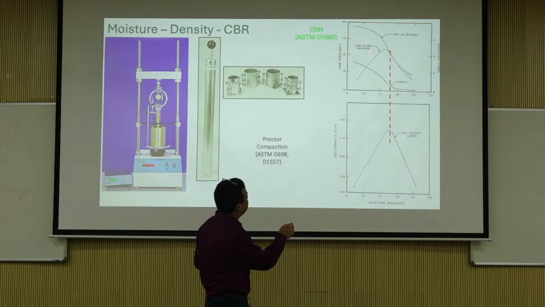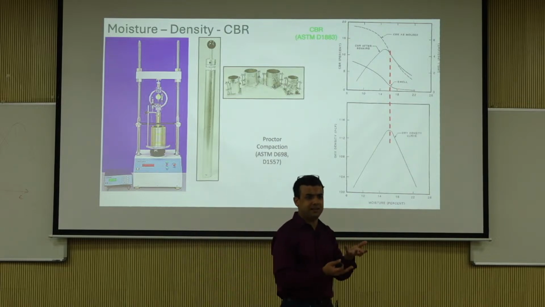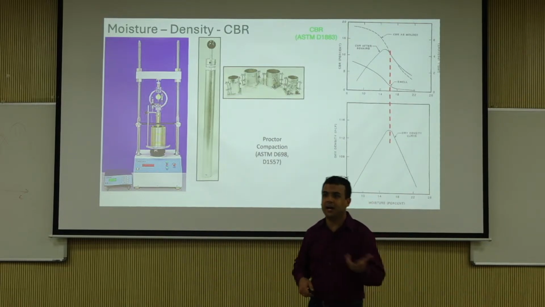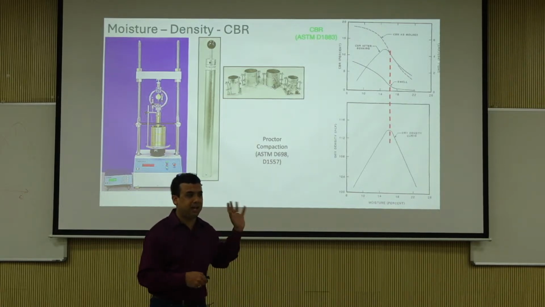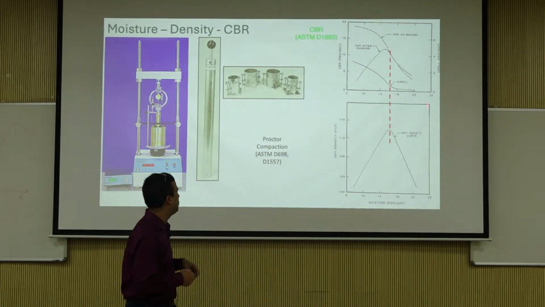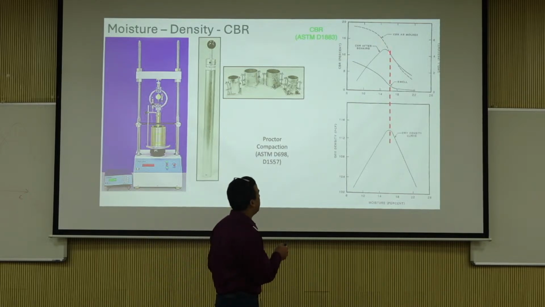I think you probably also do swell testing on CBR as well, right? I have been primarily an aggregates person, so I have only done it once or twice in my life. So I don't know a lot about swell tests and stuff. But the point is